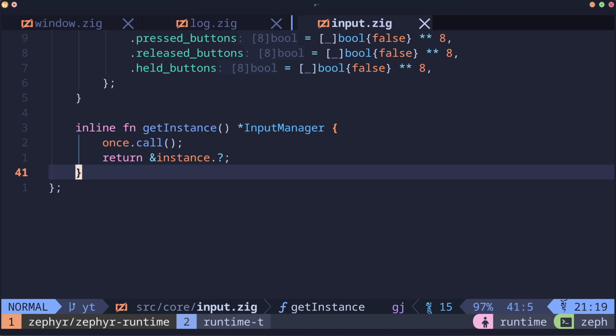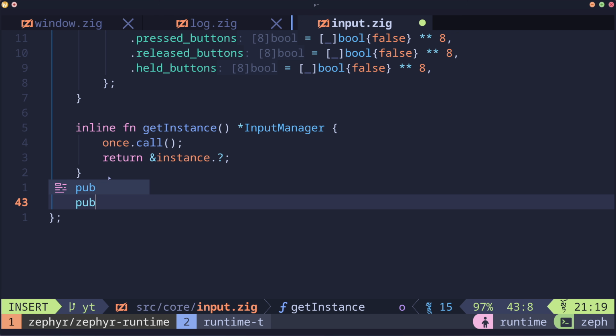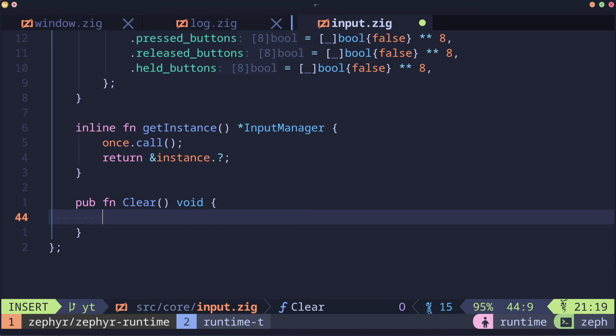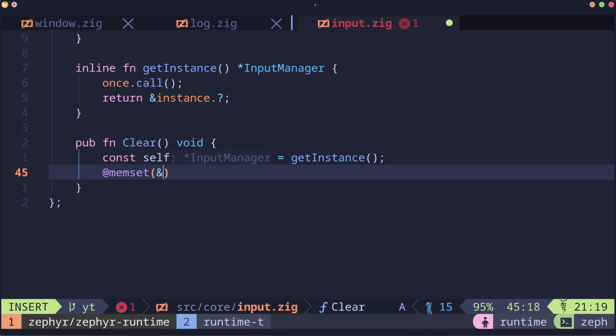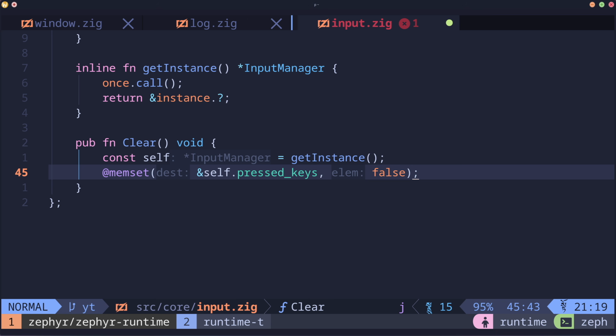So now we're going to go and just fill in all the different input manager functions. So first will be clear, which is called at the end of every frame, because we don't want mouse clicks to persist past a frame. So we want to clear it every time. And this is how we'll get that instance. So now we have self. Then we do memset self dot pressed keys and just set them all to false. And we'll do the same